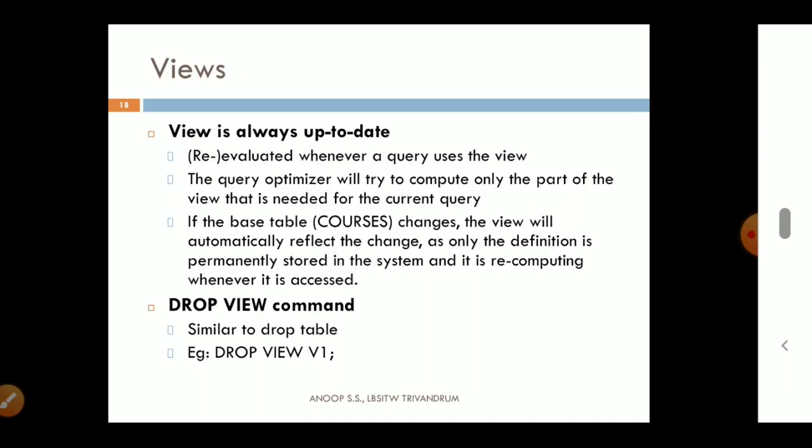Another property we can say about a view is that a view is a temporary or virtual relation. Whether the data the user gets from that view is up to date or not, it will always be up to date, because every time a user requests the data, the query is evaluated again with the current data in the database. So it is re-evaluated every time, so that the data will be up to date for the user.